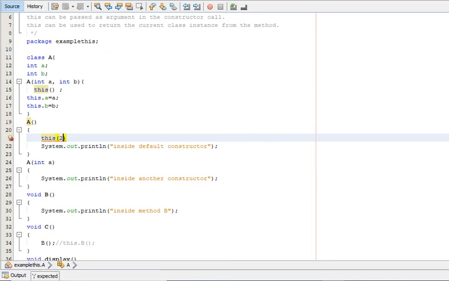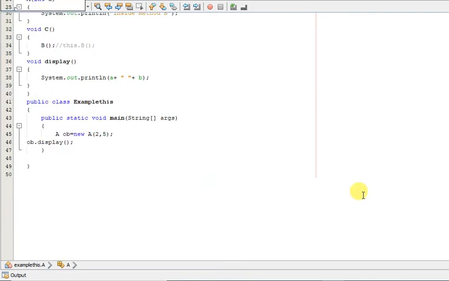Let us see. So you can see this is making a chain. We can reuse the constructor using this keyword.